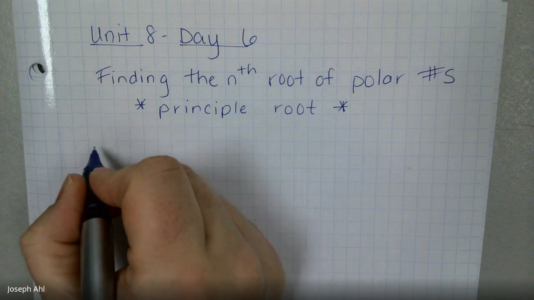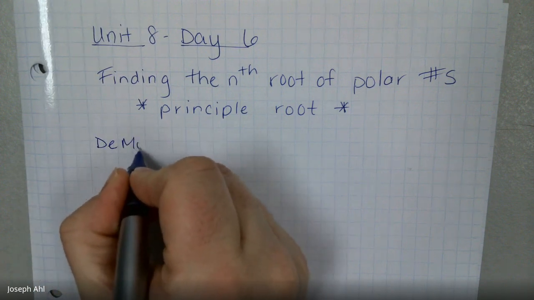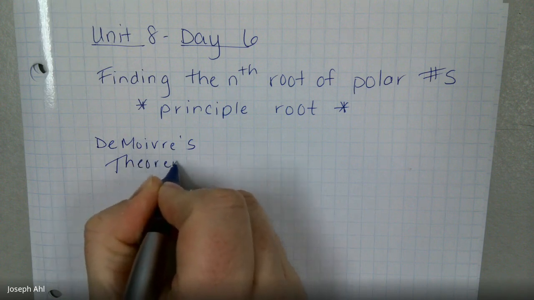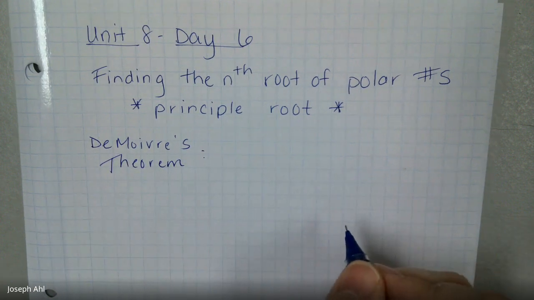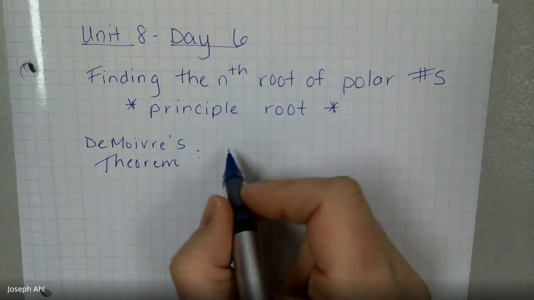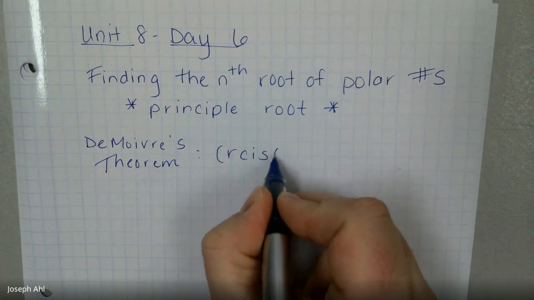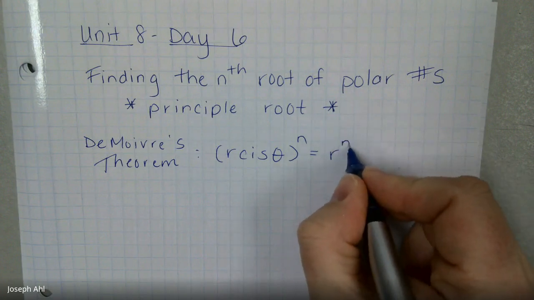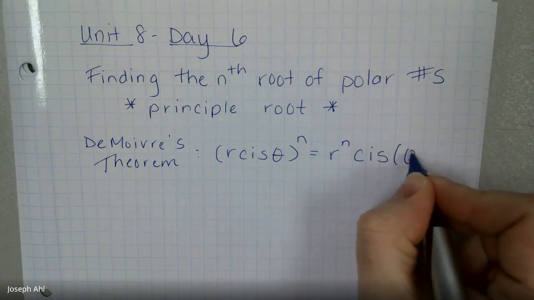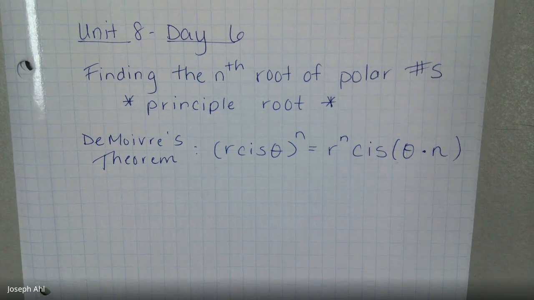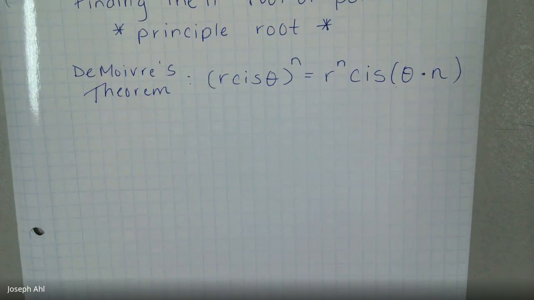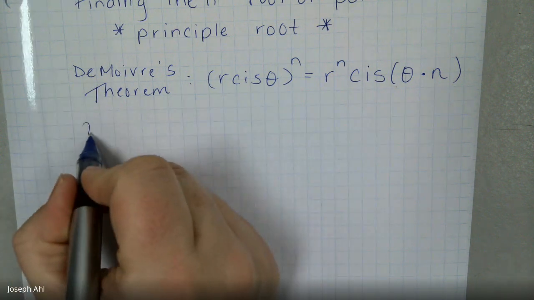And if you're like, wait, hang on, what's de Moivre's theorem again? Well, it was yesterday's lesson, but we can recap it quick. De Moivre's theorem says that we can raise polar numbers to a power. So it's r cis theta to the n, but that would be equivalent to doing r to the n cis theta times n. So if we can remember that that's what de Moivre's theorem states, what I want to know is, well, what about